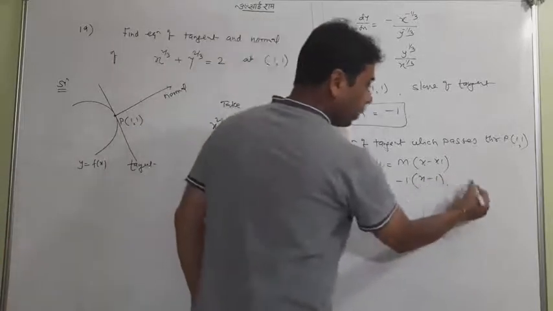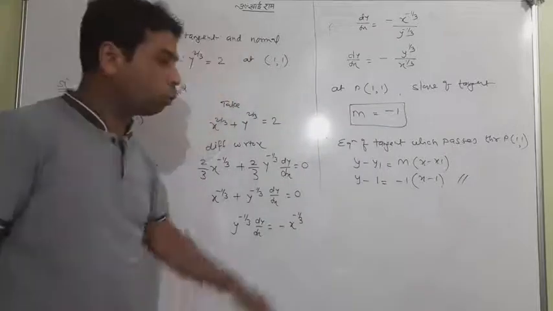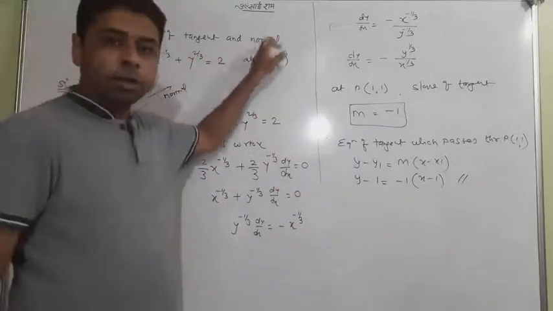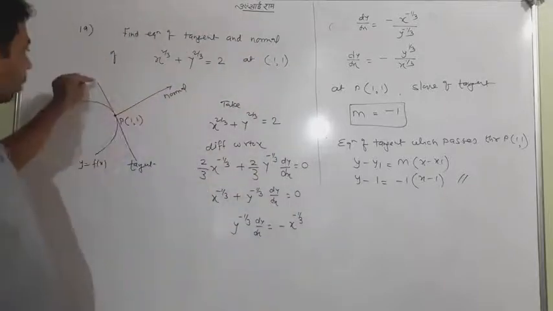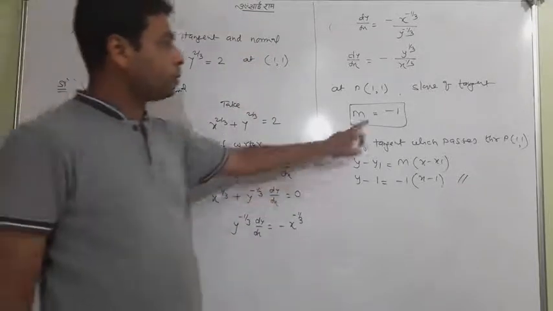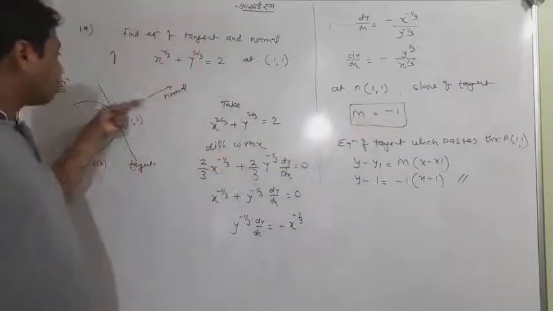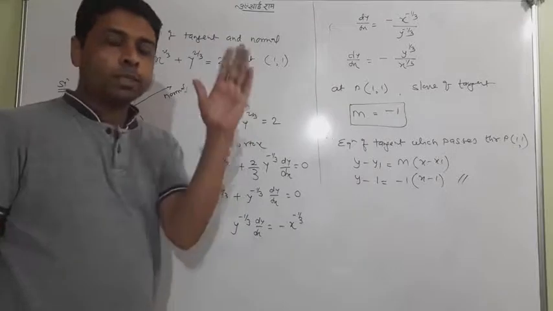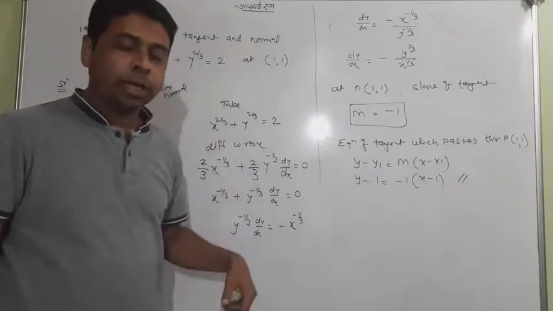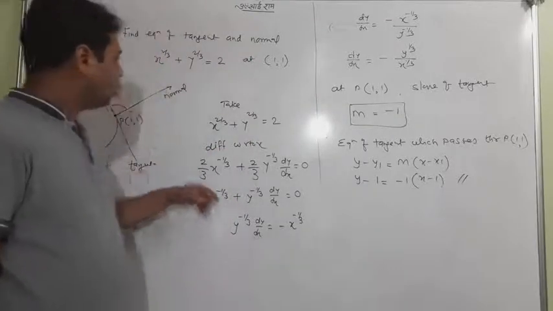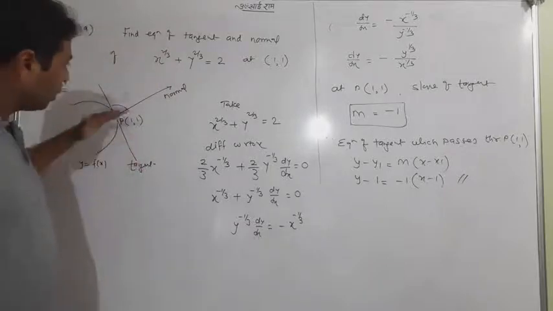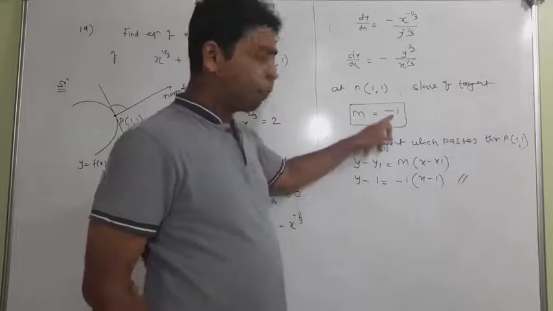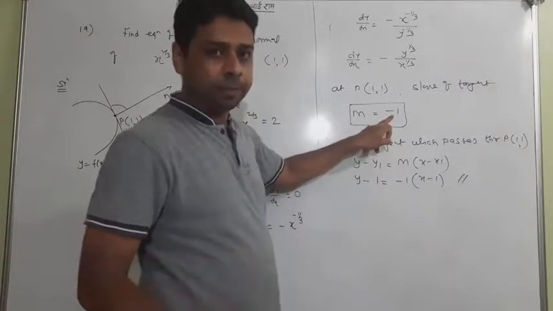Okay, now I write over it. I don't want to do further work. I have a little space to go on with the equation of the normal. So nothing strange. Why? Because the slope of the tangent you have got is minus 1, so the slope of the normal can be easily found because this is 90 degrees. And I taught you that when m1 into m2 equals minus 1. So if the slope of the tangent is minus 1, the slope of the normal will be, very small thing, the reciprocal with the sign changed.